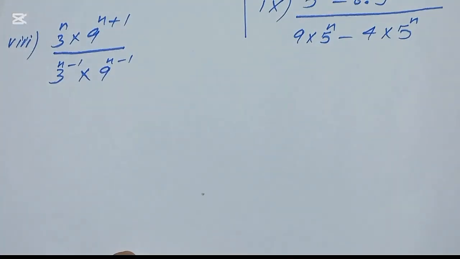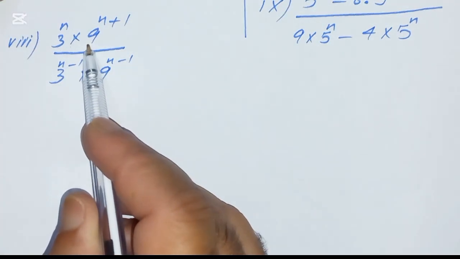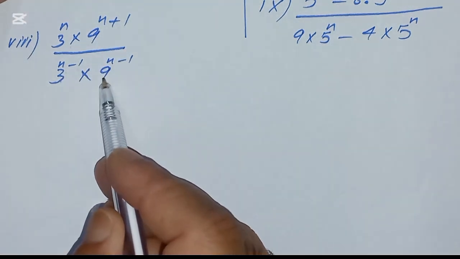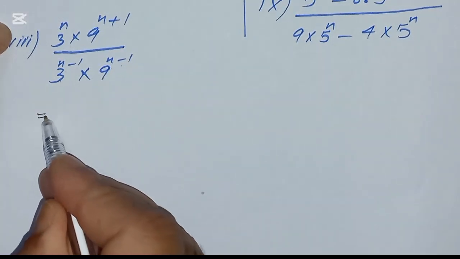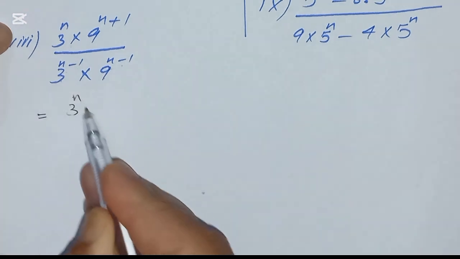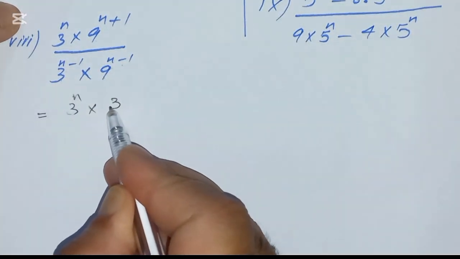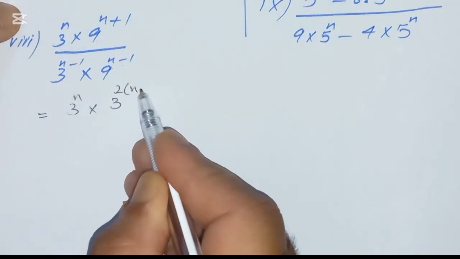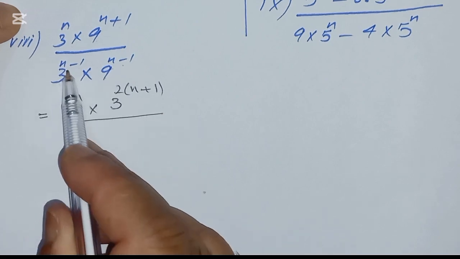Next part is part number 8. 3 power n multiply 9 power n plus 1 and 3 power n minus 1 multiply 9 power n minus 1. We can solve this like the above part. 3 power n multiply 9. 9 is the square of what? 9 is the square of 3. So it can be written 3 power 2 bracket n plus 1